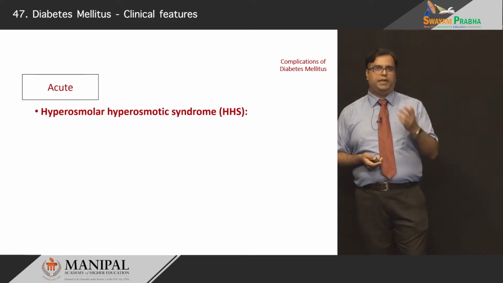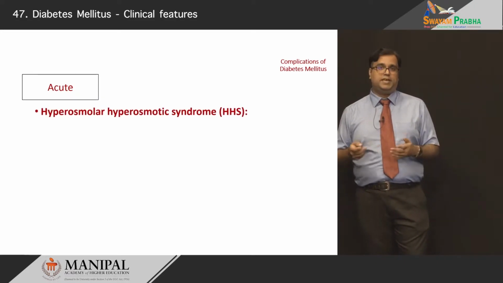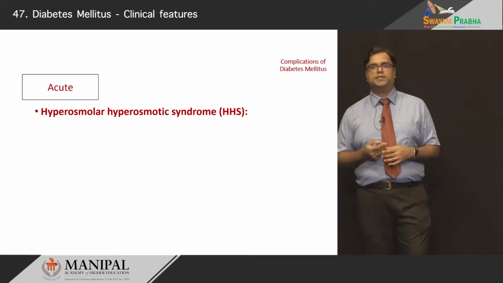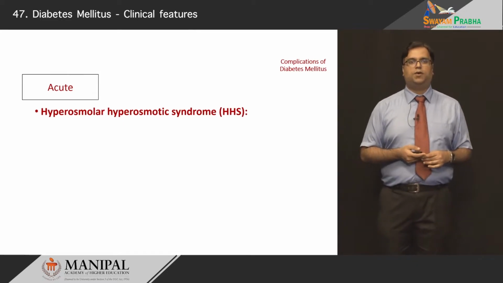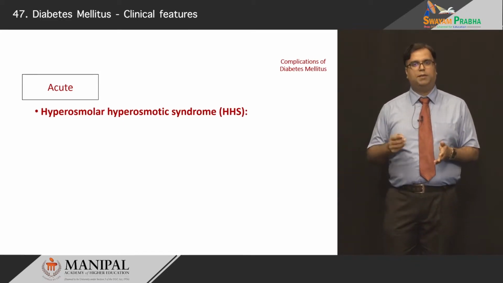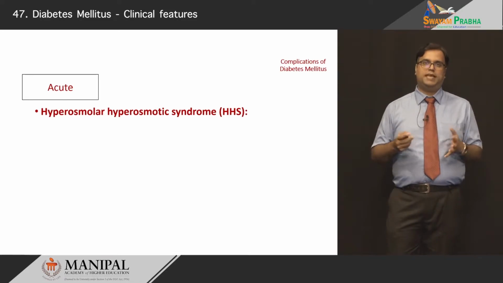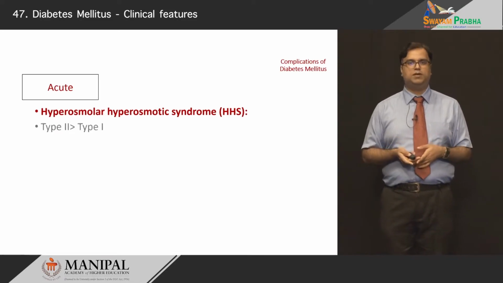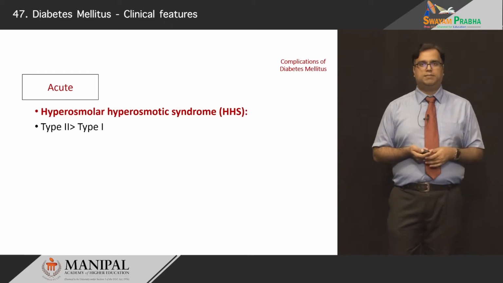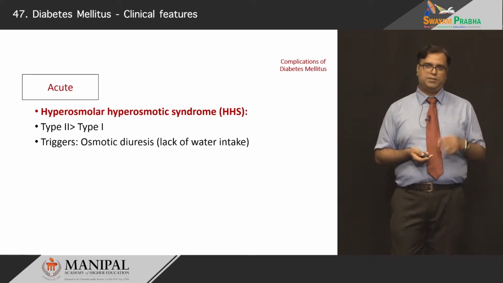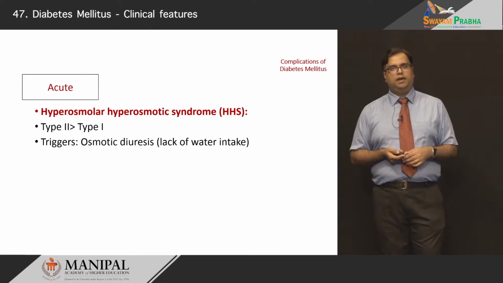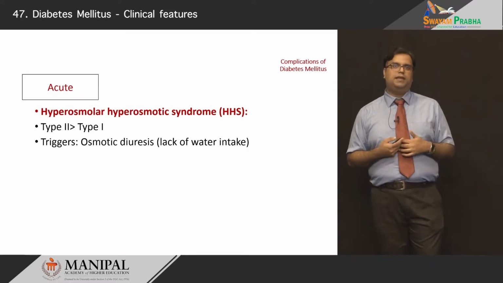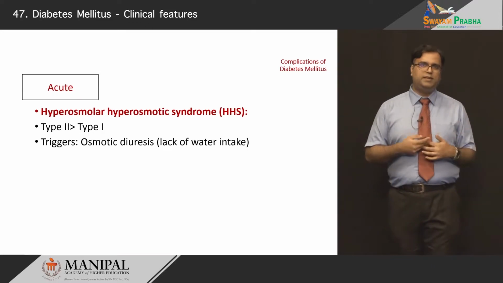Another acute metabolic complication is HHS. Remember, we spoke about that in the context of type 2 diabetes mellitus, called hyperosmolar hyperglycemic syndrome. It was called HONK earlier, and this is the new terminology given to it. Again, it is in the parlance of type 2, unheard of in type 1, so that is the distinction you need to draw there. The triggers for this are on similar lines as type 1, but here